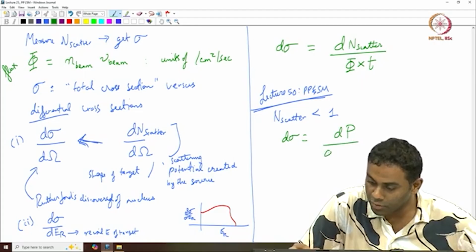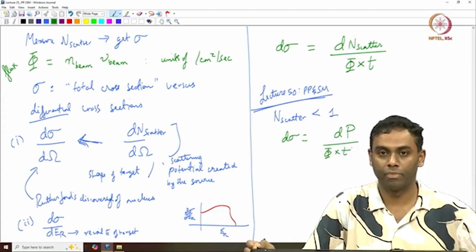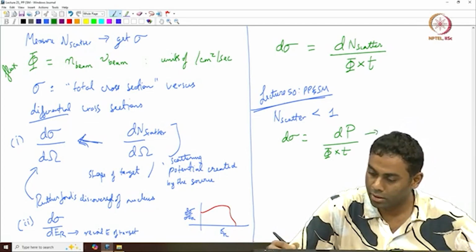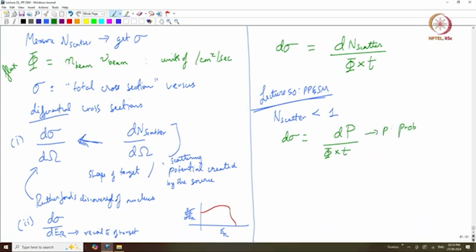The probability of scattering to happen divided by the flux times the time, okay. The probability of an incident particle to scatter, okay. Said differently, we are in the, this is a technical term, optically thin regime,